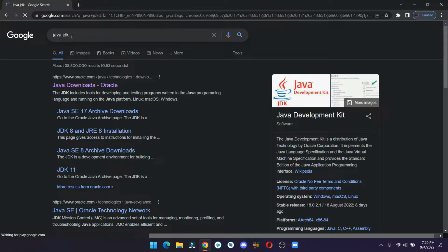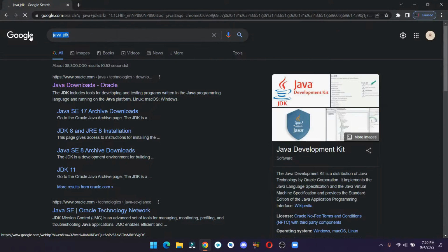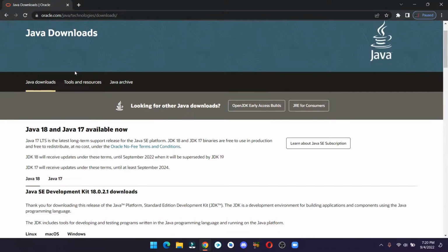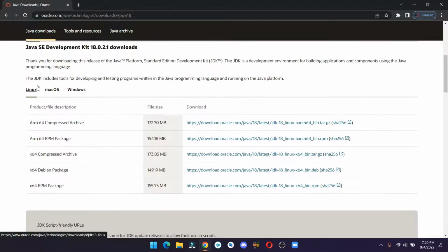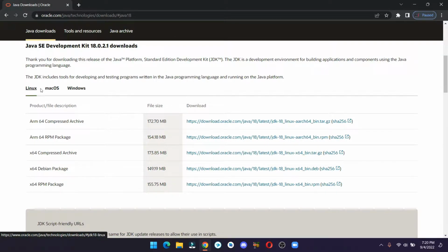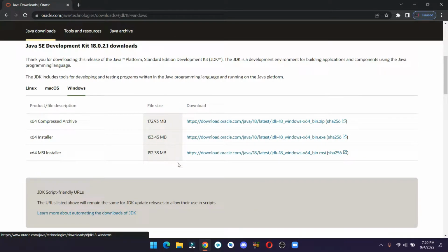So head over to the browser, search for Java JDK and click the first link. Scroll down, select the Java 18 and select your operating system. Now click on download link to download the installer.